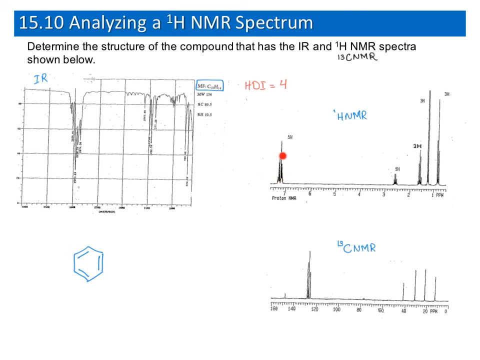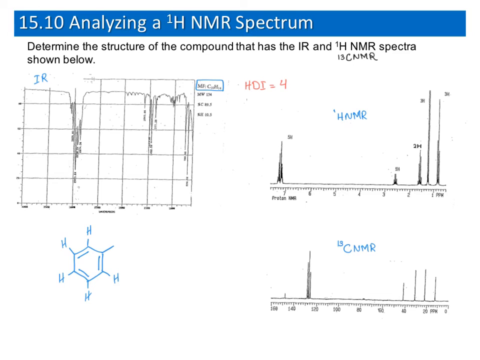Now, if you look at the integration for the aromatic hydrogens here, the integration is 5. And we previously talked about it. So whenever we have 5 hydrogens in the aromatic region, we should always think about having a mono-substituted aromatic ring, meaning that we have 5 hydrogens connected to the ring and the last one is substituted by a substituent. So let's draw all the hydrogens. And here we should have an attachment, and by looking at this region we can figure out the structure of